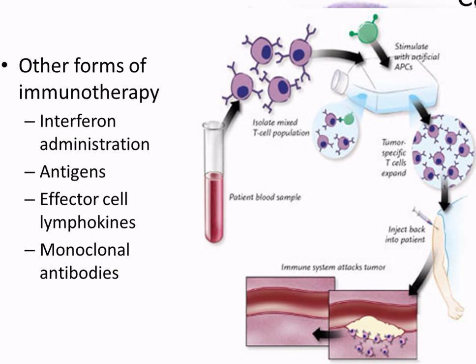Okay. And then other forms, so things like interferon administration. We haven't talked about the immune system yet, but interferon blocks the passage of viruses from one cell to the other, so we can slow down the progression. Interferon also slows the replication rate of some cancers. Antigens, we're going to talk about a lot of this with the immune system. Antigens are also those little tumor markers. They're little characteristics on the tumor cells that say, hey, I'm not a normal human cell. And you can target it and kill them.